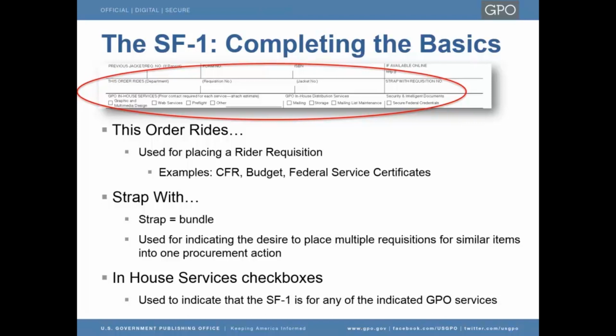One of the ways in which GPO helps agency customers leverage economies of scale is with the process called a rider. When one agency places an order for a title that other agencies may also wish to buy, for example, the Code of Federal Regulations or the budget of the United States government, GPO issues a notice known as a circular letter that other agencies may write that order. By writing the order, agencies placing the rider requisition are paying only the lowest per copy rate that the parent order is paying, while the parent ordering agency is paying all the setup charges. If placing a rider requisition, indicate the department, requisition number, and jacket number of the item that is being ordered